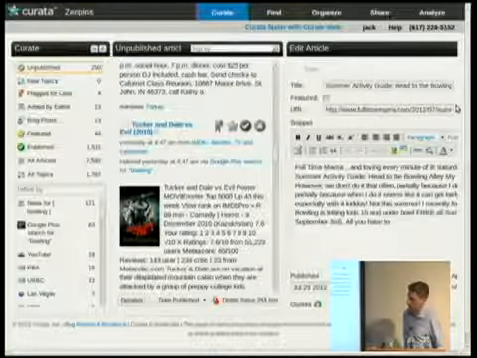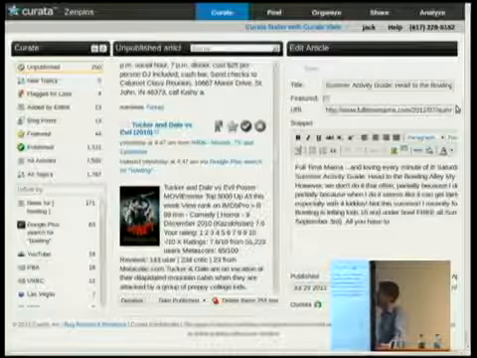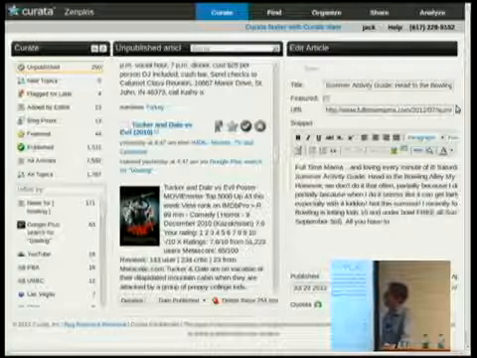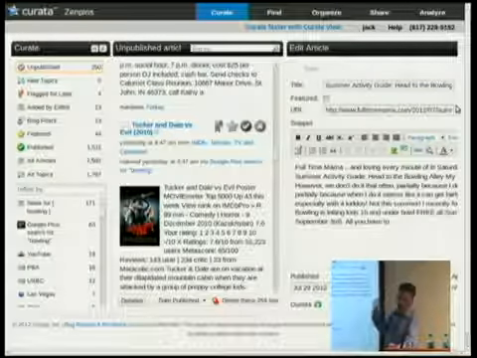The back end is a little more complicated and JavaScripty. This is all done in XJS. And this is kind of where they go to approve things, edit the blurbed quote, change the link to the source.